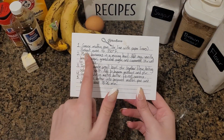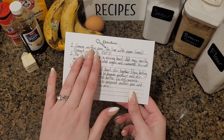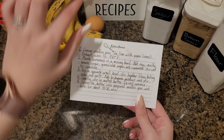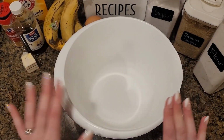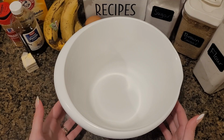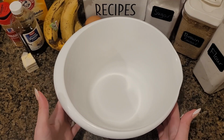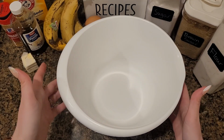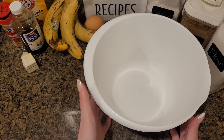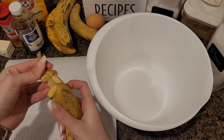Now the next thing that we need to do is mash the bananas in the mixing bowl. So here is our mixing bowl. I think it's a little larger than what we need. I usually use our smaller one, but that is in the dishwasher. So this one will do just fine for us today. So right now I'm just